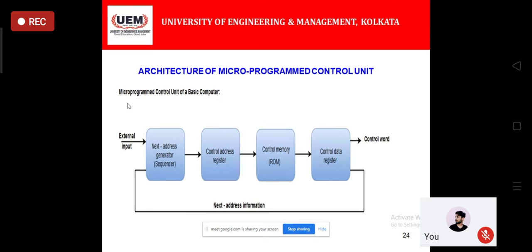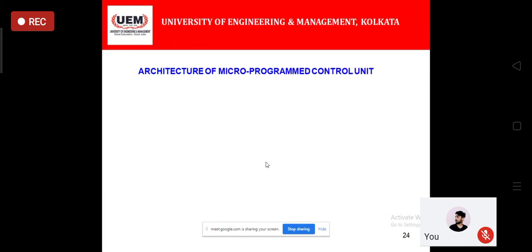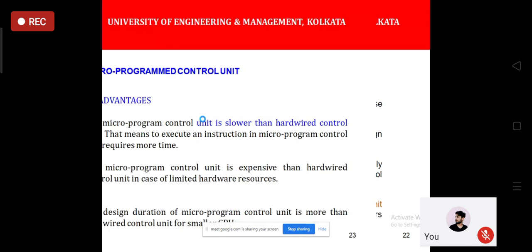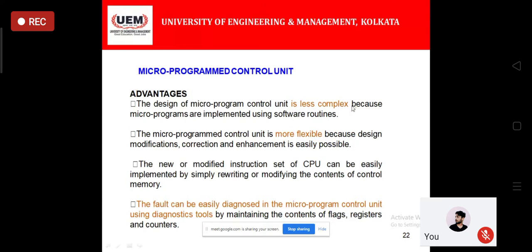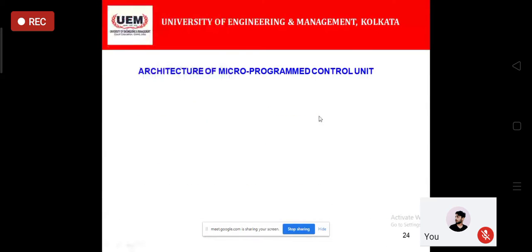Ma'am, what was the second question of advantages and disadvantages? What are the advantages and disadvantages of the two control units you have studied? The hardware control unit, and second is the microprogram control unit. For both cases, you have to study the advantages and disadvantages of the hardware control unit as well as of the microprogram control unit. These points are given, the advantages and disadvantages are already there in your slide. I'm just telling you the questions.